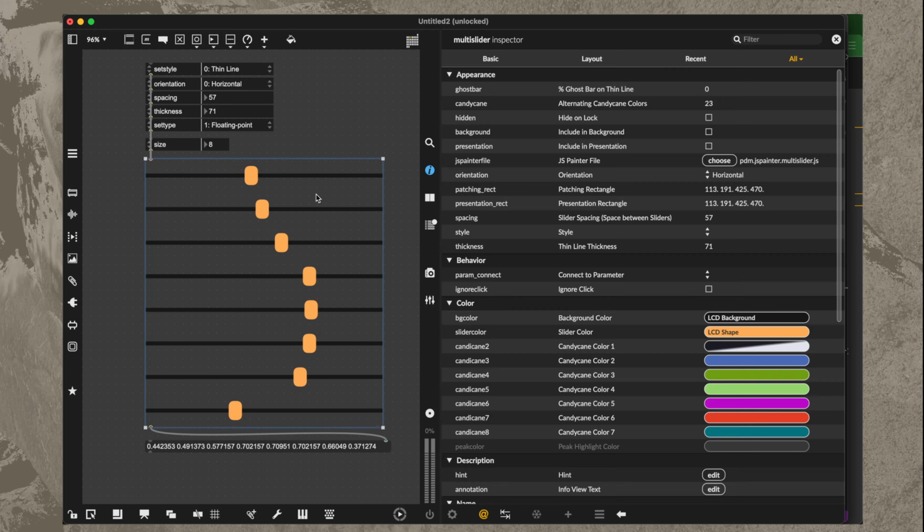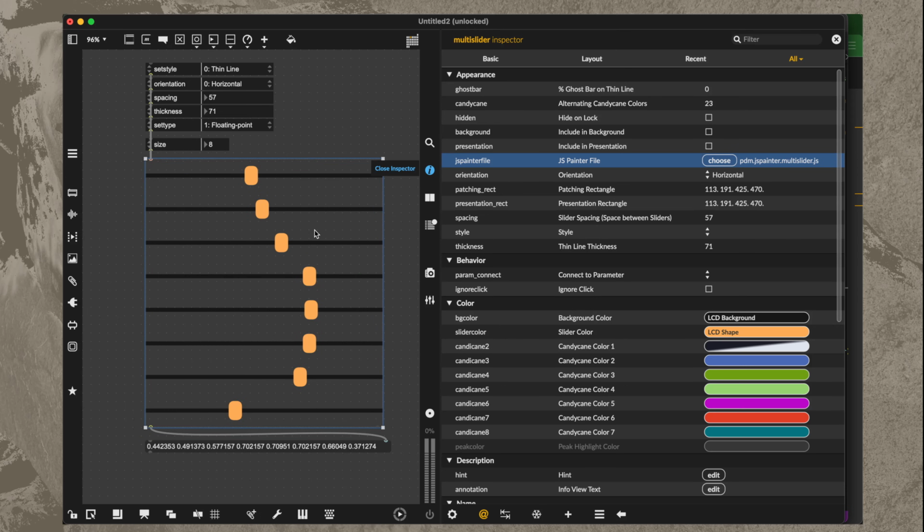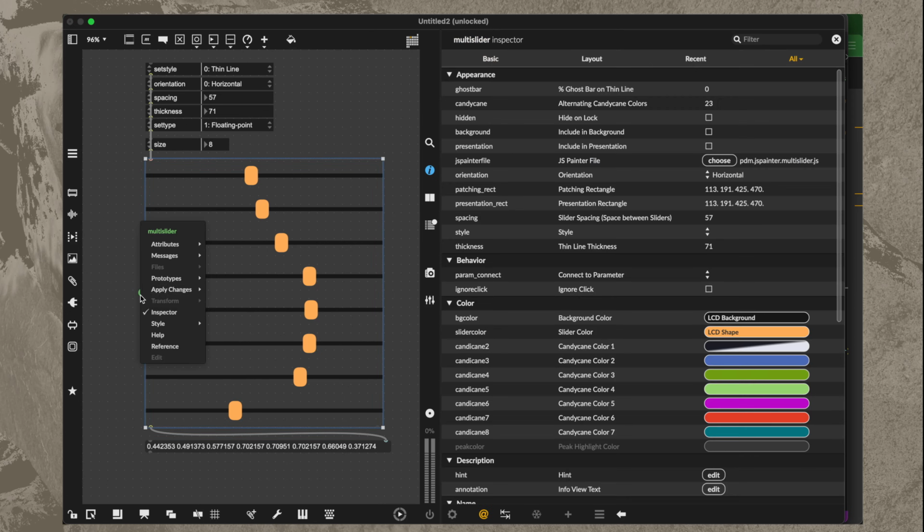If I remove this and turn it back into a normal multi-slider, it's a totally weird version of a multi-slider because we're hijacking these parameters. So one thing that can be handy is you can set it up so that it's in a default state. That's the way that you would commonly want to use it. And then you can save